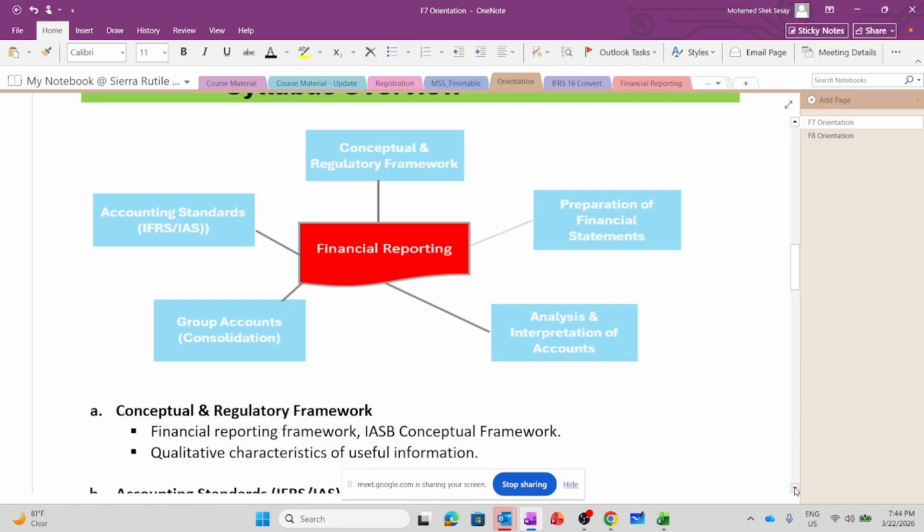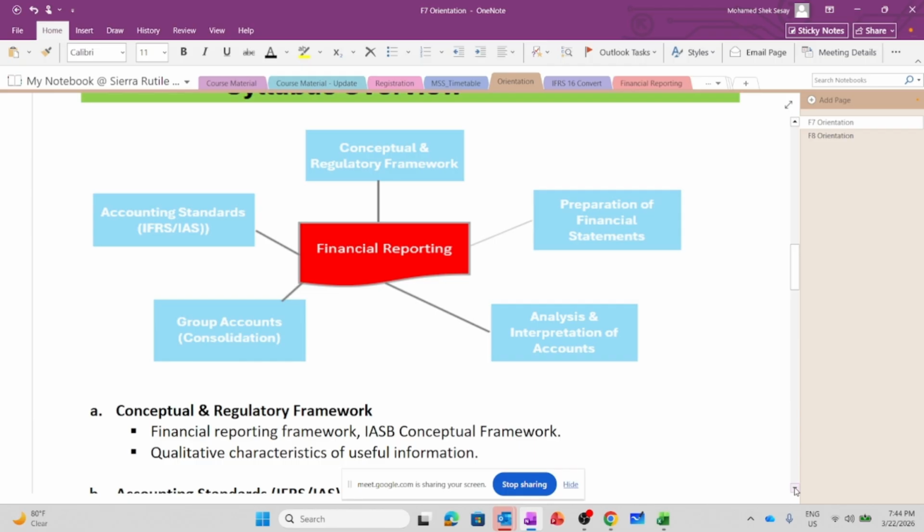So we are going to look at the definition of the components of the financial statements. What is an asset, liability, equity, expenses, and income? You need to know the definitions. And also, when we apply it to the IASs and IFRSs, we are going to reference each IAS, how that particular IAS links with the conceptual framework. So this is the key takeaway that you are going to get from the syllabus overview.